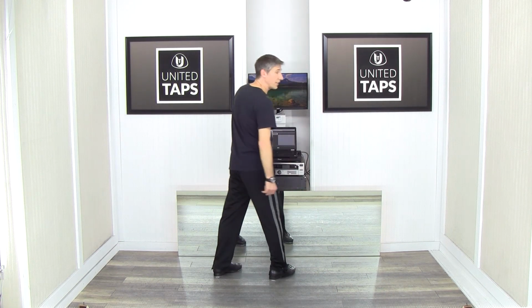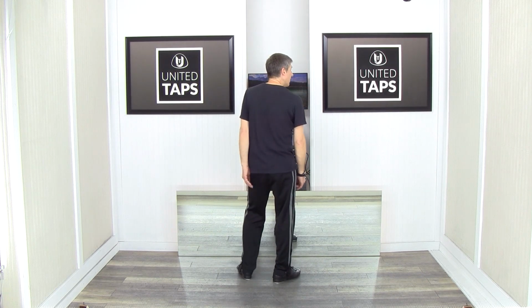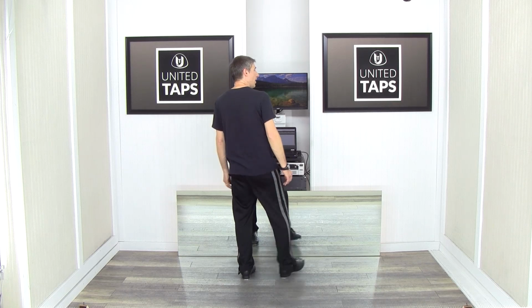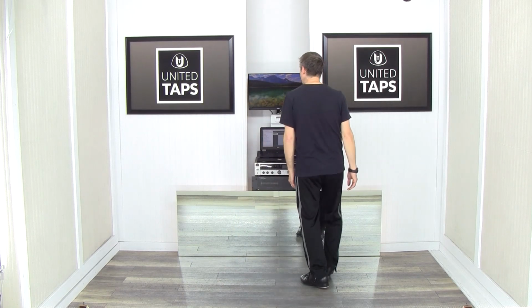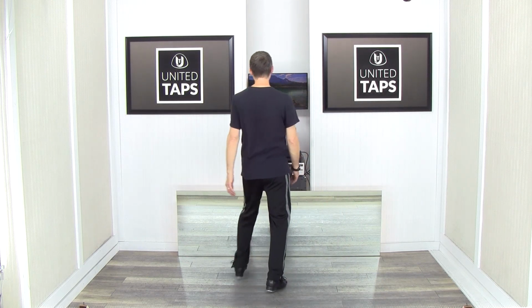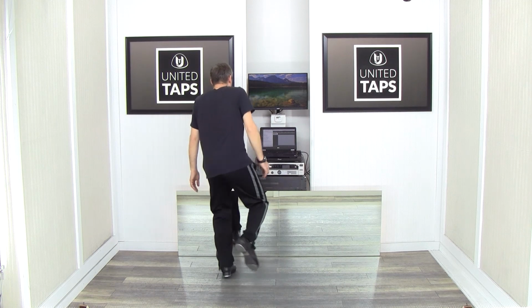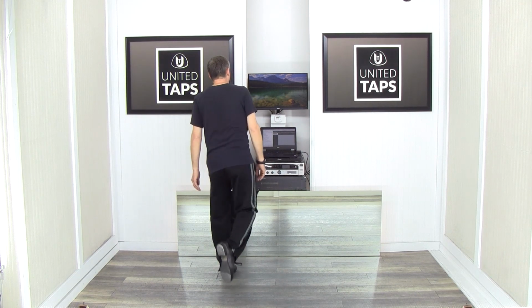That's coming out of the scuffle heel 7 beat. Let's connect it from the scuffle heel 7 beat. 4, 5, 6. 1 and a 2 and a 3 and a 4, a 5, 6. 1, 2, 3, 4 and a 5 and a 6 and a 1, 2, 3, 4 and a 5 and